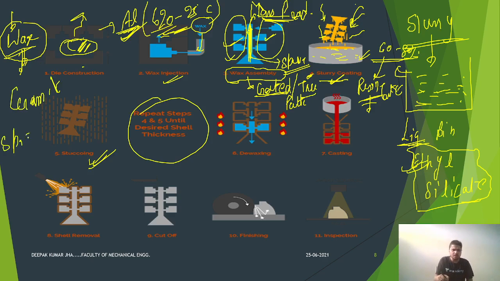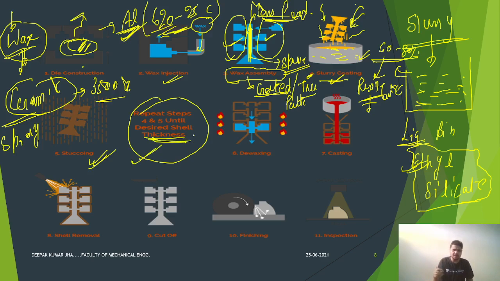Now you would be thinking, sir, why ceramic is usually used or mainly used over here? See, ceramic has a refractoriness of 3500 degrees Celsius. We have already discussed in our last class. 3500 degrees Celsius means that a coating, if of ceramic is used, then it will be able to withstand a temperature of 3500 degrees Celsius, right? Now this step is repeatedly used to produce a desired shell thickness so that it can bear the heat and the high energy of molten metal and does not fail upon the pouring of molten metal into the pattern assembly.